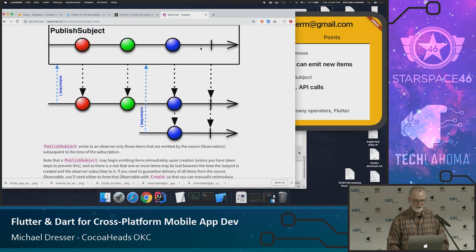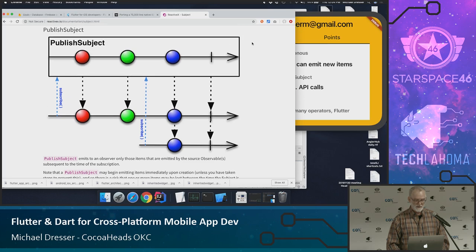Okay, so publish subject. What's drawn here, these are called marble diagrams. You'll get very familiar with them if you look into streams and using streams. But basically what it's showing is time moving along this arrow. And this particular publish subject is going to emit a red, then a green, and then a blue marble.